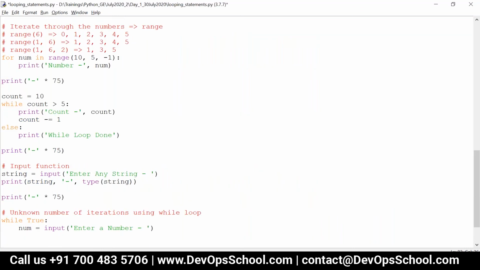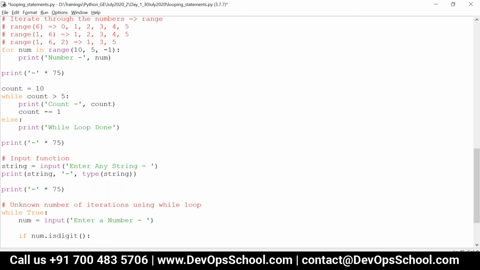If I want to check whether the user has entered only a number, I have a method in the string class called num.isdigit. It returns True only when all the characters are numbers. Otherwise, it returns False.